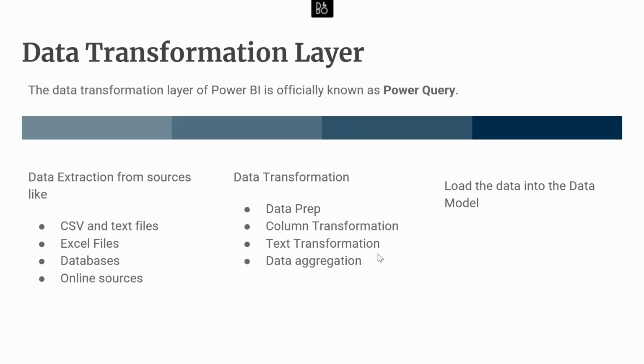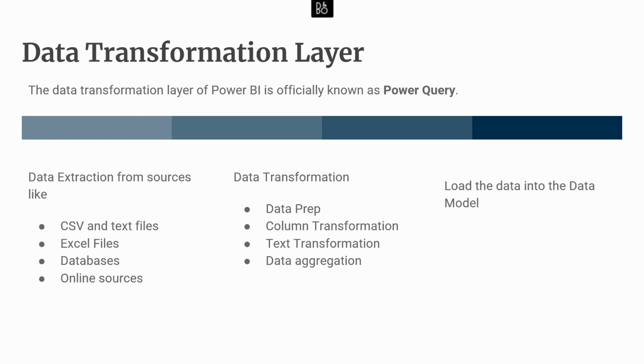So what next? The transformation layer. The data transformation layer of Power BI is officially known as Power Query. I think Excel users will be very excited here, because if you use Excel a lot, let's say you're a master in Excel, that means you use Power Query a lot, because with Power Query you can get data from multiple sources.